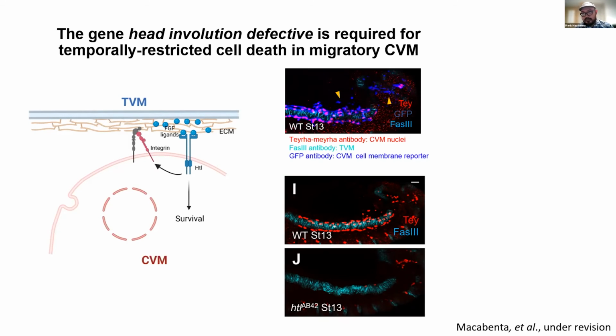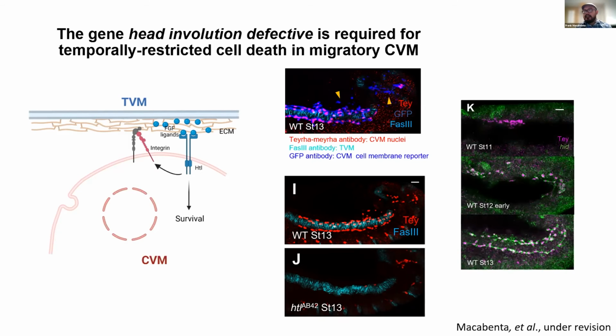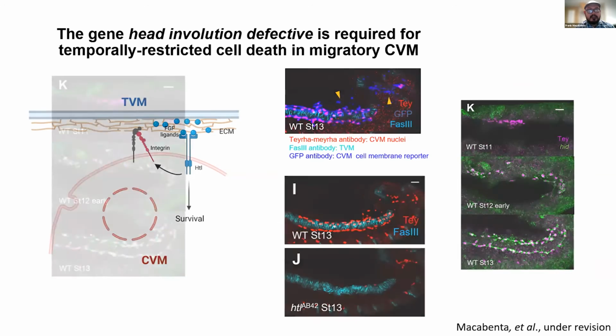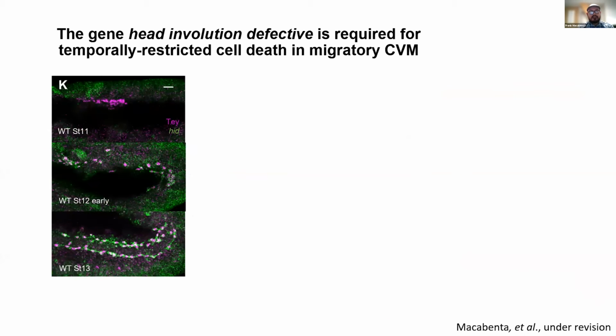An additional thing we observed is the expression of this cell death protein called head involution defective, or HID, in the CVM over the course of migration. Now, HID is an ortholog of mammalian SMAC/Diablo. And what I found striking about HID expression is that it seems to be temporally regulated. In the top panel here at stage 11, when the CVM are still migrating towards the posterior turn, HID expression is largely absent. However, by the time the cells reach the posterior turn, you start to see HID expression ramp up and perdure through stage 13.